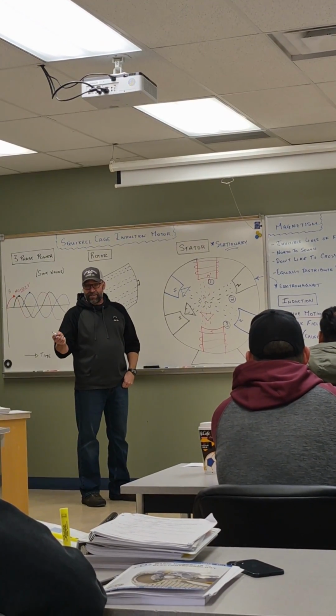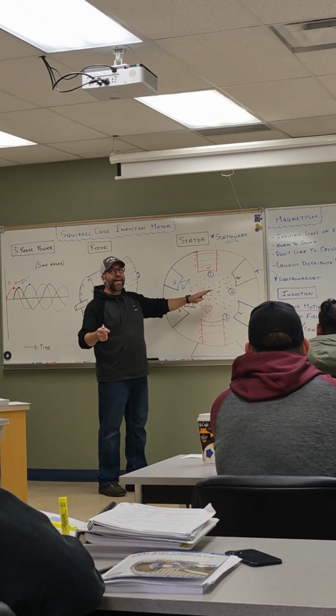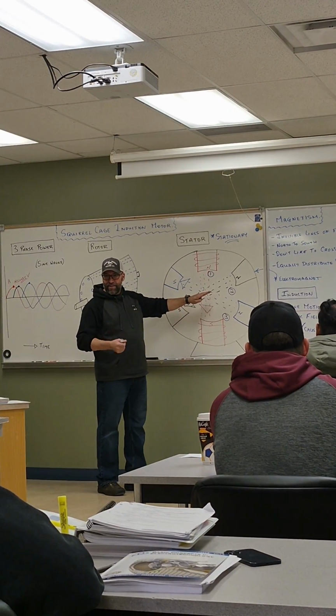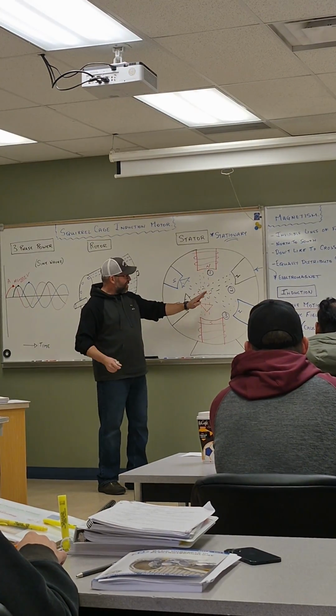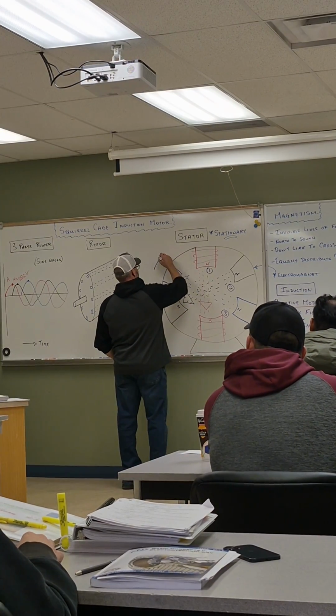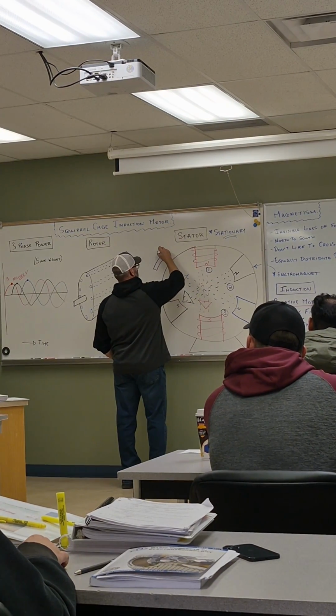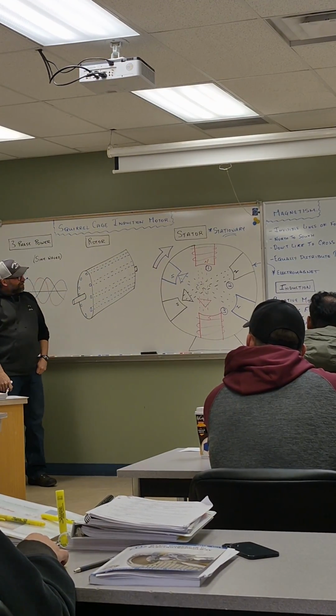It actually acts like I'm taking this field and physically turning it. That's how it acts for anything that's within that field. Rotating magnetic field. Here, here, here. That means this magnetic field is rotating in this direction at a specific speed. What do you